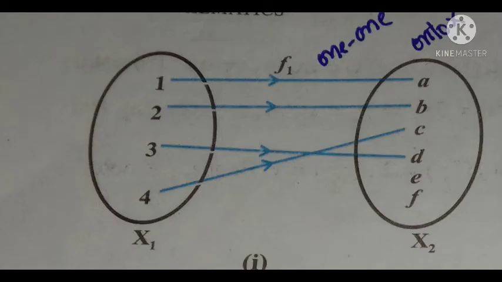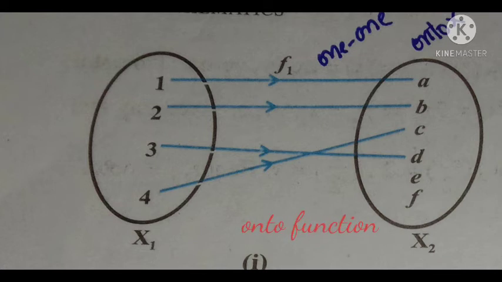Look at this arrow diagram. See the second set X2. Here the elements A, B, C, D are the images of 1, 2, 4 and 3 respectively, isn't it? So, the elements 1, 2, 4, 3 are known as pre-images. Okay, pre-images of the elements A, B, C, D. So, A, B, C, D have distinct or different pre-images in X1. Then the function is known as onto. Okay, then the function is known as onto.